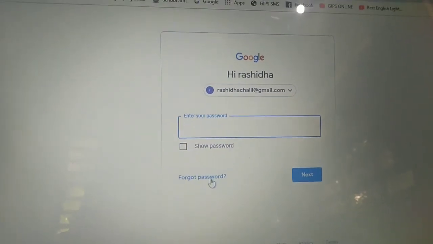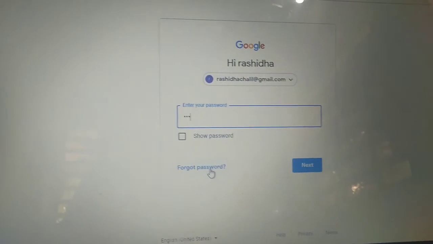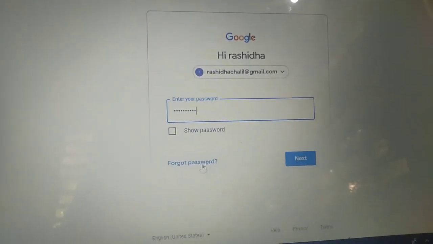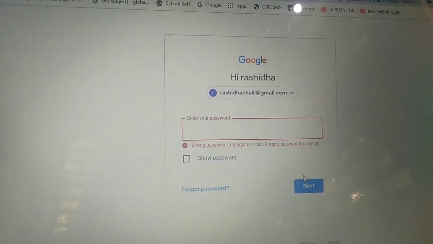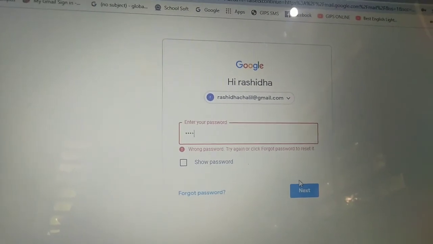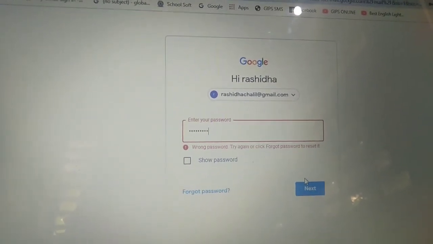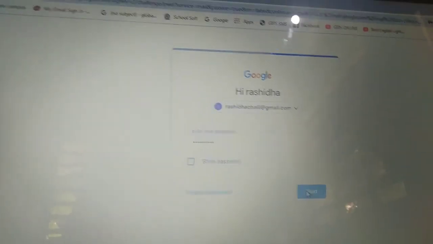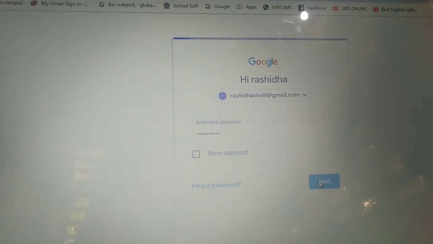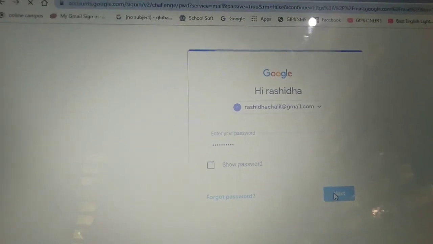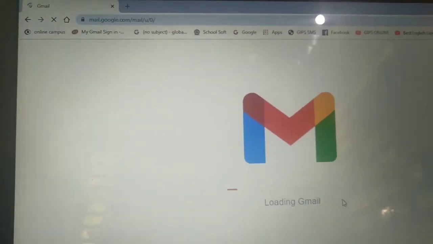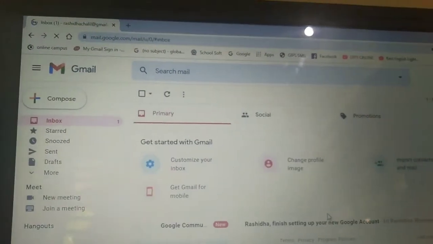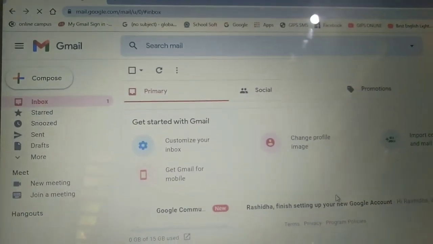Enter your password, then click on the next button.